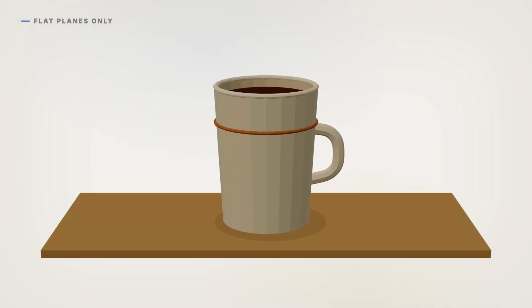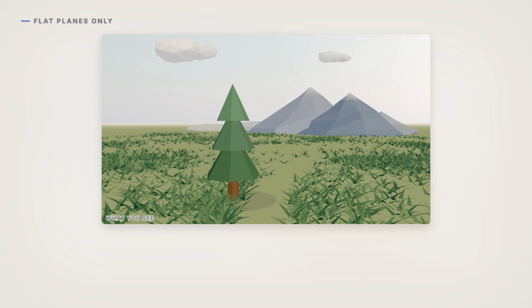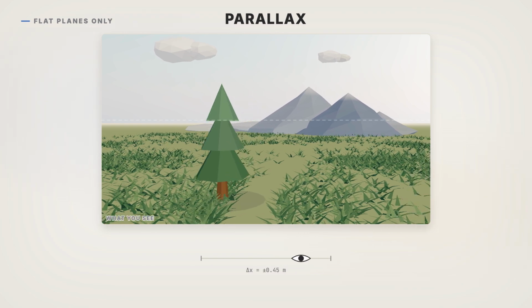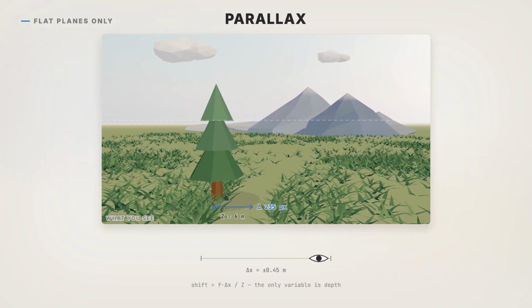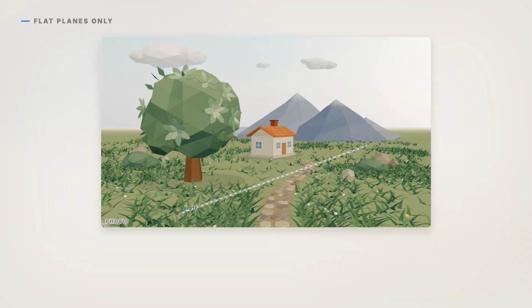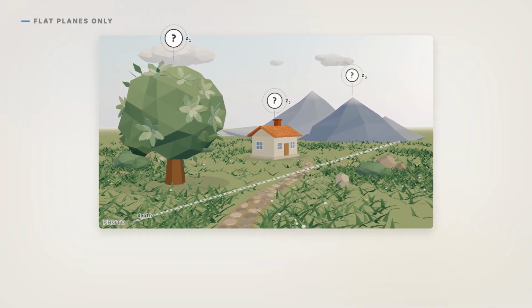If you attempt to map a 3D environment or a complex object like a person's face or a coffee mug sitting on a desk, the perspective breaks down completely. The reason for this is something called parallax. When you move your head from side to side, objects that are close to you seem to move much faster than objects far away in the background. That depth information is incredibly complex to calculate from a single 2D photograph, but on a perfectly flat plane like a piece of paper, there is no depth variation. The surface is uniform, so we can use a straightforward geometric formula to map every single point on that surface